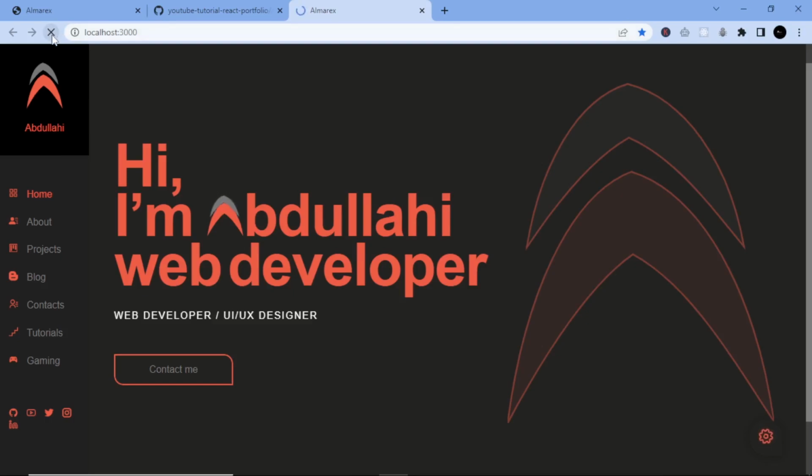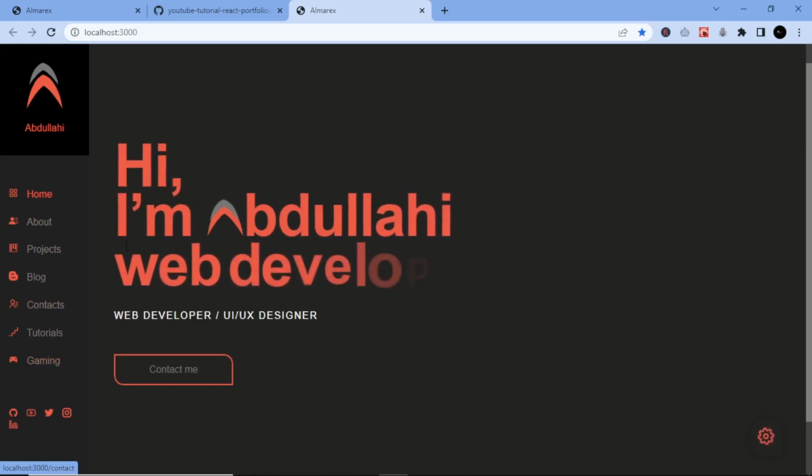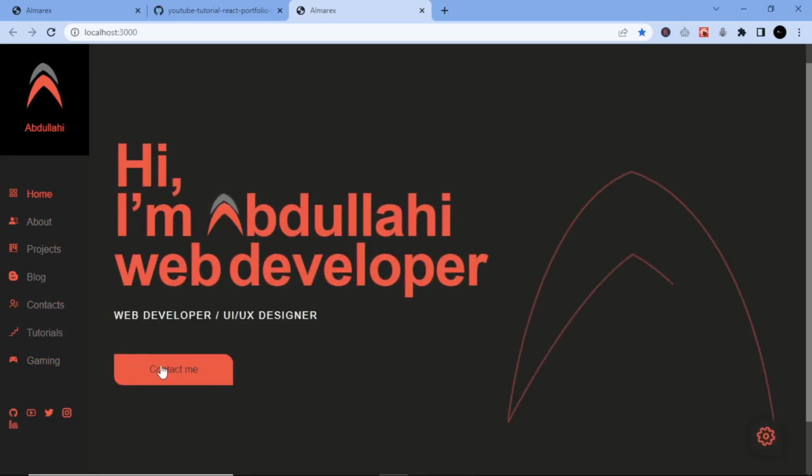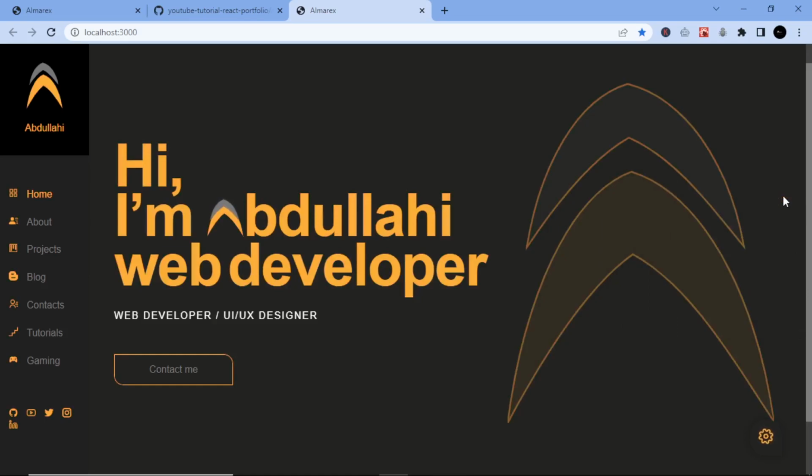In our last tutorial, we created this nice sidebar with the hover effect on the links. We have this nice hover effect on the text right there. We have this nice hover effect on the button. We have this GSAP animation that we added in our last tutorial. We also created this theme template with the functionality of light mode and dark mode, and it has 7 different template colors. Okay, so in this video we are going to continue from where we stopped and build the about